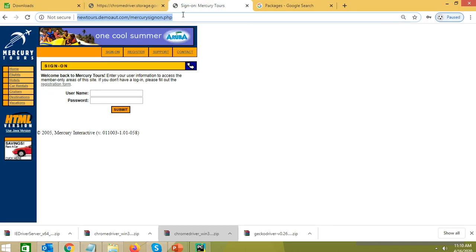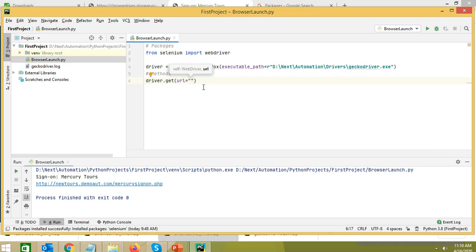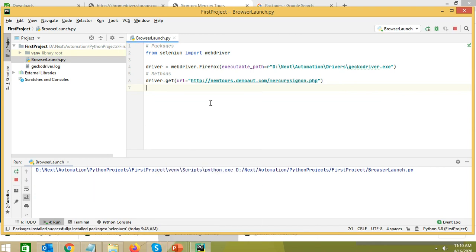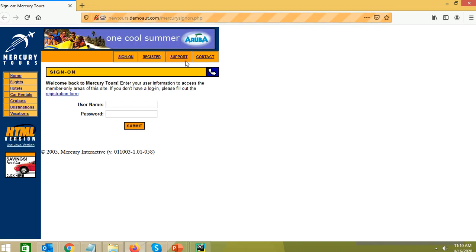So in my case I'll use this website. Just copy the complete URL, paste it here, and that's it. Save, right click on the project and run. So this will first open the Firefox browser and open the specified URL in the browser. So now you can see it opened Firefox and the website got opened.